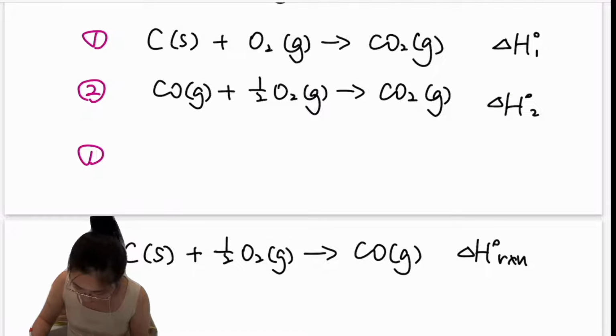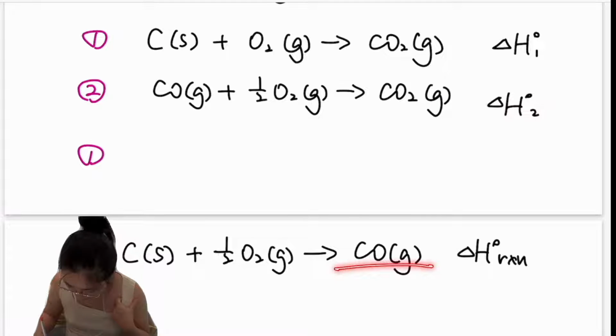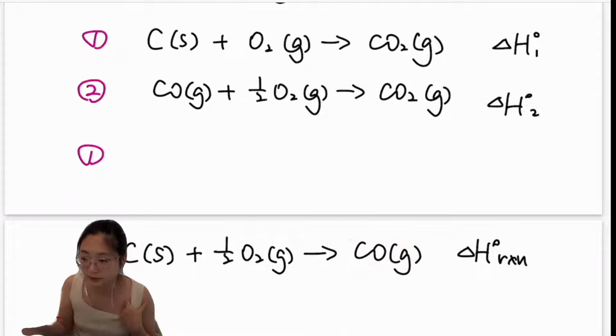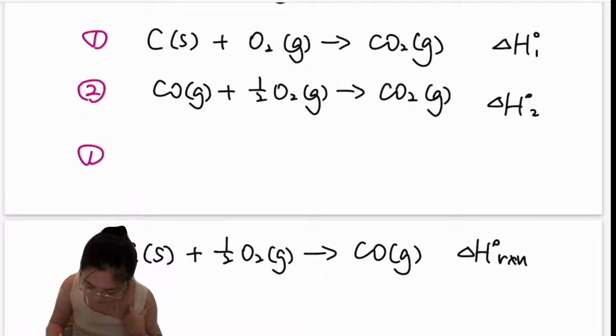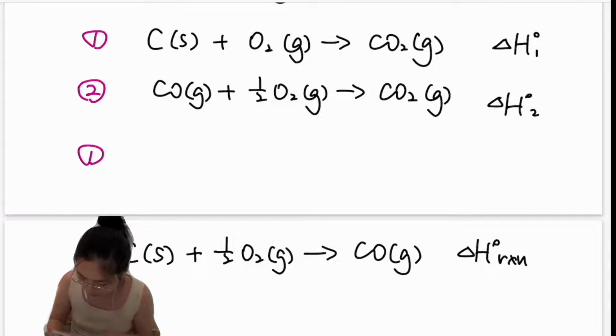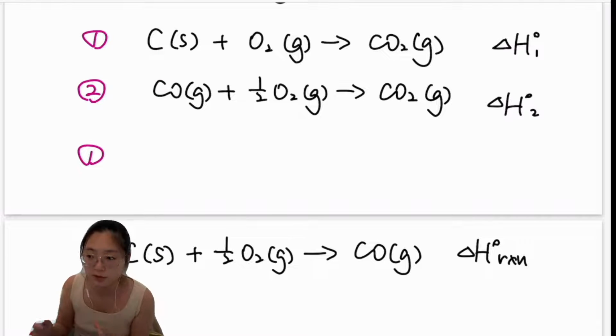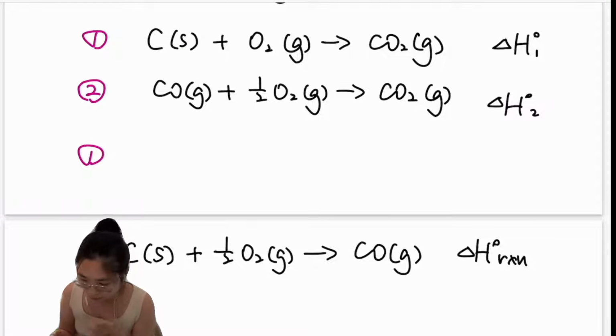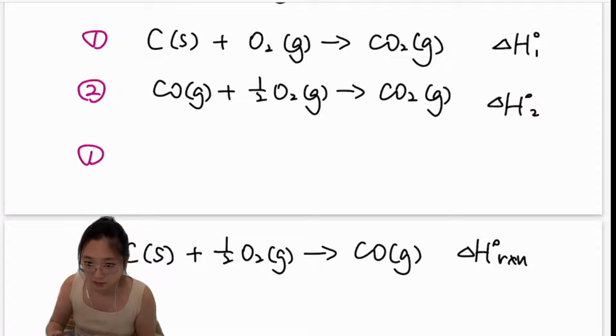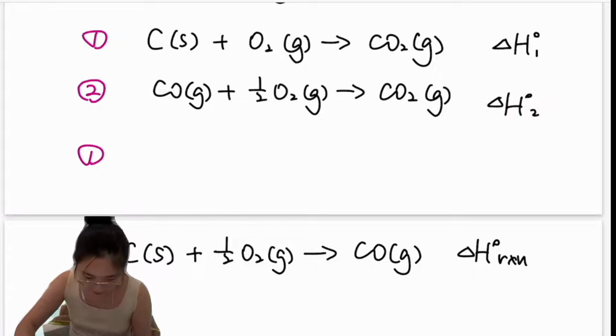And then what about equation 2? I have 1 mole of carbon monoxide on the product side for the overall equation, and equation 2 has 1 mole of carbon monoxide on its reactant side. So I'm going to put carbon monoxide on the product side. How I do it is I will have to reverse equation 2. So equation 2 becomes carbon monoxide